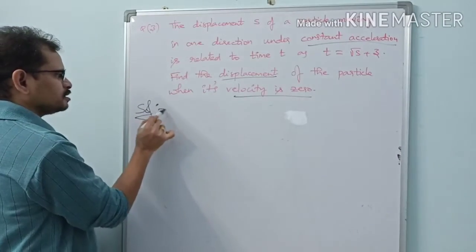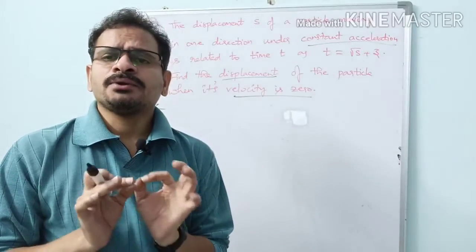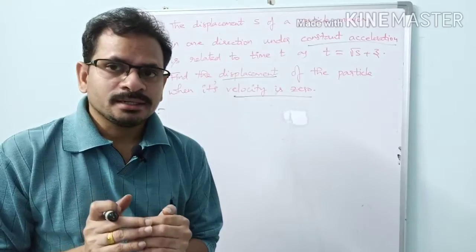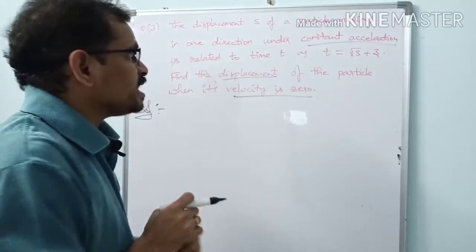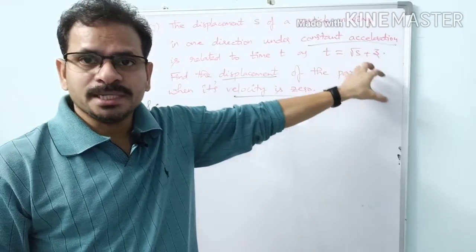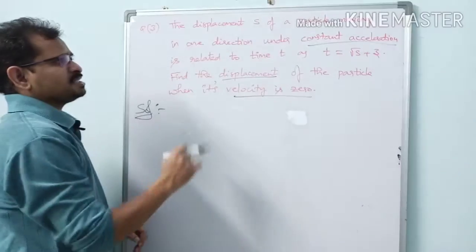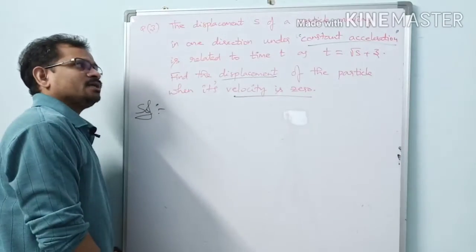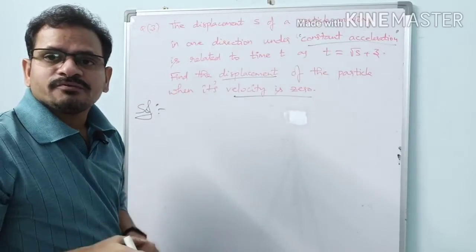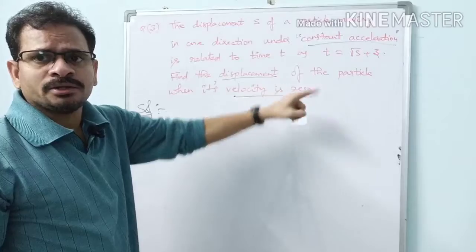As I told you before, we not only use calculus for non-uniform acceleration, we use calculus when the physical quantities of kinematics are expressed as some functions. So displacement here is expressed as a function of time t. In such scenarios, see here acceleration is constant, it is given in the question itself, but here we cannot use the kinematic equations s equal to ut plus half at square, v equal to u plus at, etc. Those equations we cannot use here.